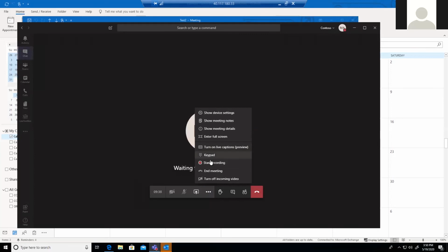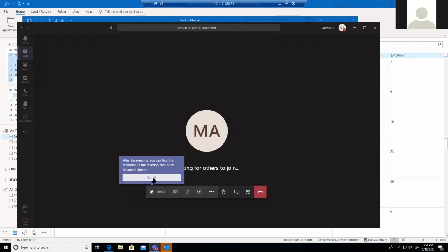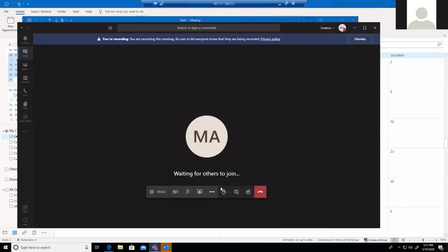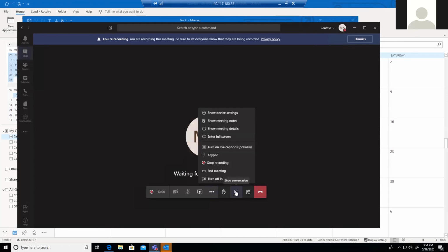But yeah, there is a functionality where you can start the recording. When you start the recording, it's not going to record the session within your computer or take space in your computer, but rather it will upload everything into your stream. So let's record this for a moment. Got it? It's getting recorded. We are not doing anything, but let's do something so that it can be recorded.